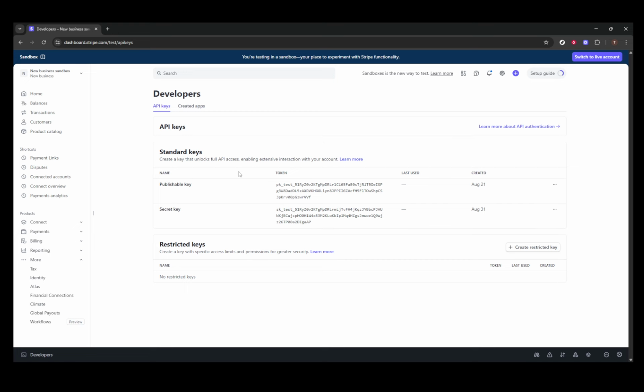On the other hand, if you're operating in live mode, things get a bit more serious. Here, you'll choose the Reveal Live Key option. It's critical to note that Stripe only shows live secret keys once. Therefore, when you reveal it, you must copy it immediately and store it securely. Failing to do so might require you to regenerate the key, which could be inconvenient and possibly disruptive to your